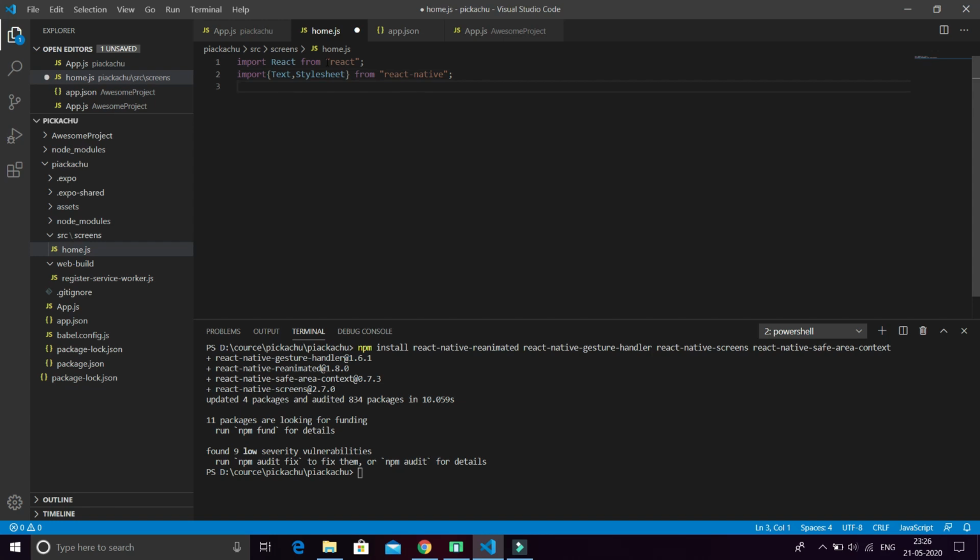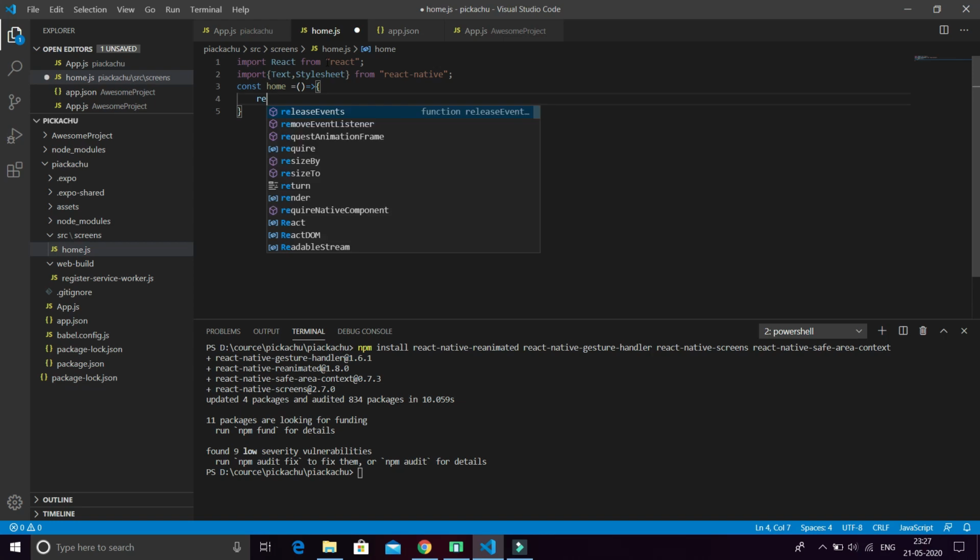Okay friends, then we make a function constant which is equal to Home, you can name it anything. We just generate a function here, not anything else, and here we return a text, just a text.